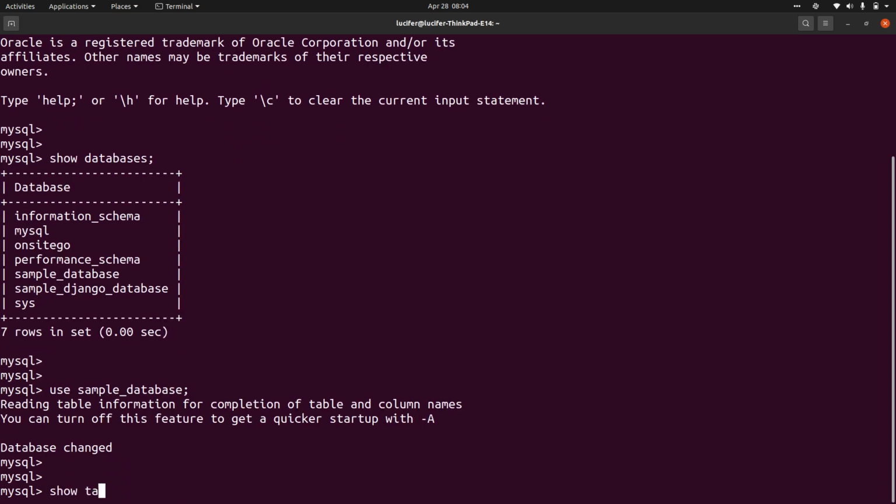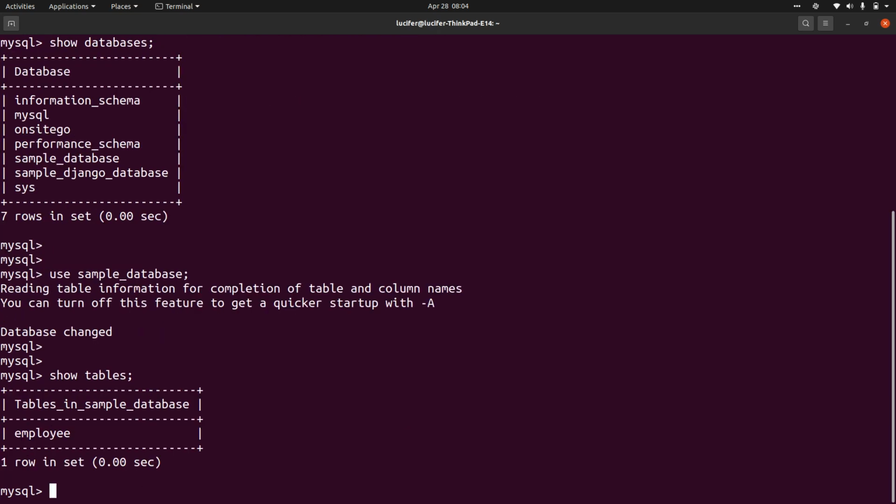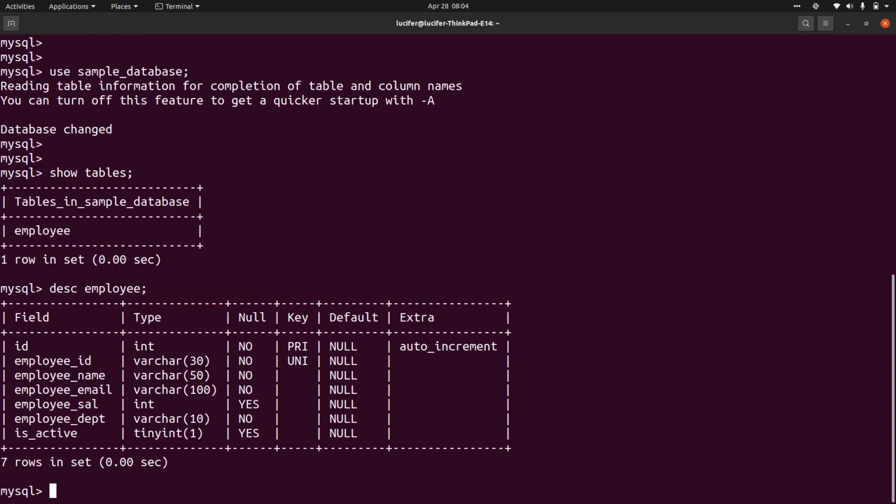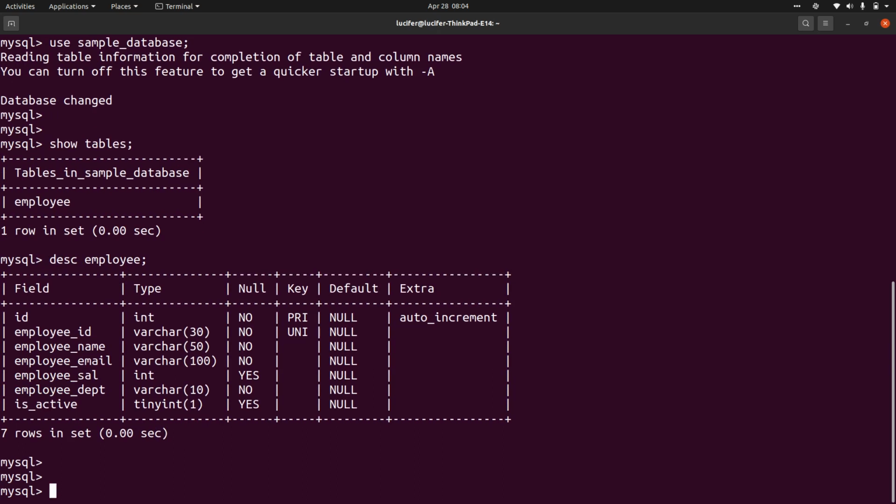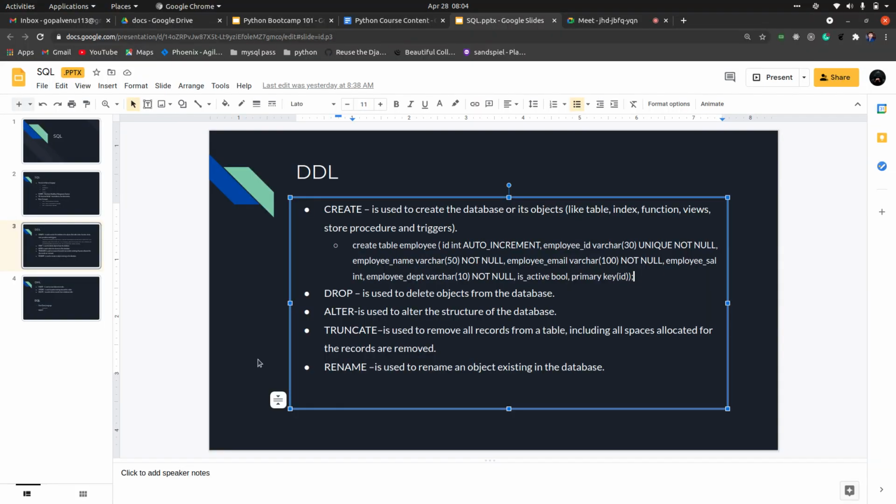To check tables, we use show tables. Okay, we only have one table. And to describe a table, we use desc employee. So it will give you all the column names and their data types as well. Fine. And to create any database or any table, we use the create command.